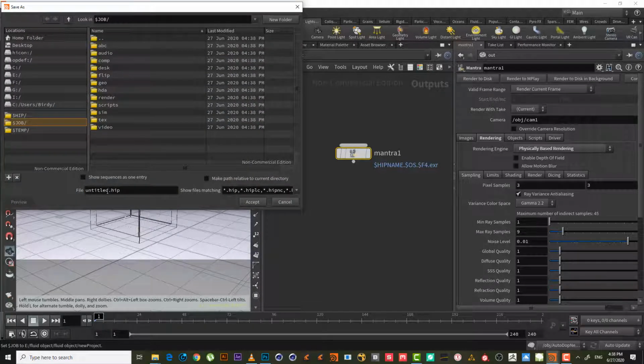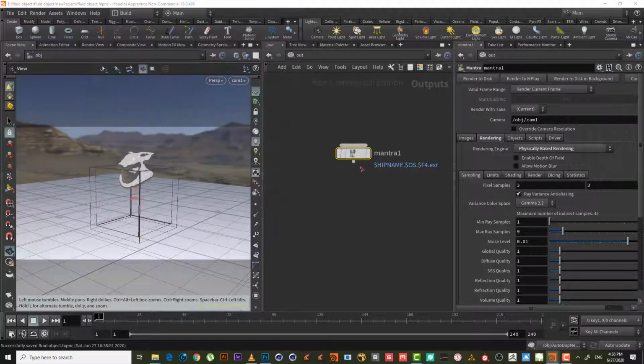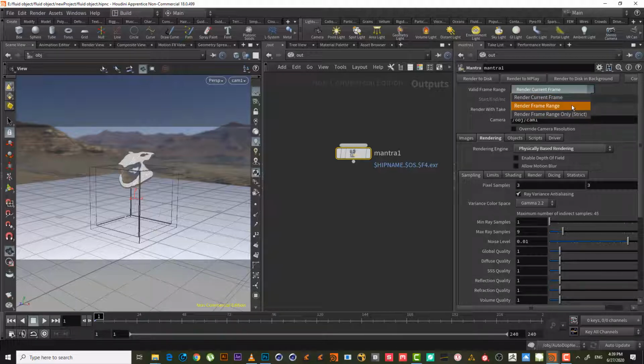It will save it in the folder we just created, right? Let's save it, fluid object, hit accept. Now when we render, it will render inside the folder we just created. Okay, here it said valid render current frame. I want to render the whole sequence, not just the current frame, so I will choose render frame range from 1 to,